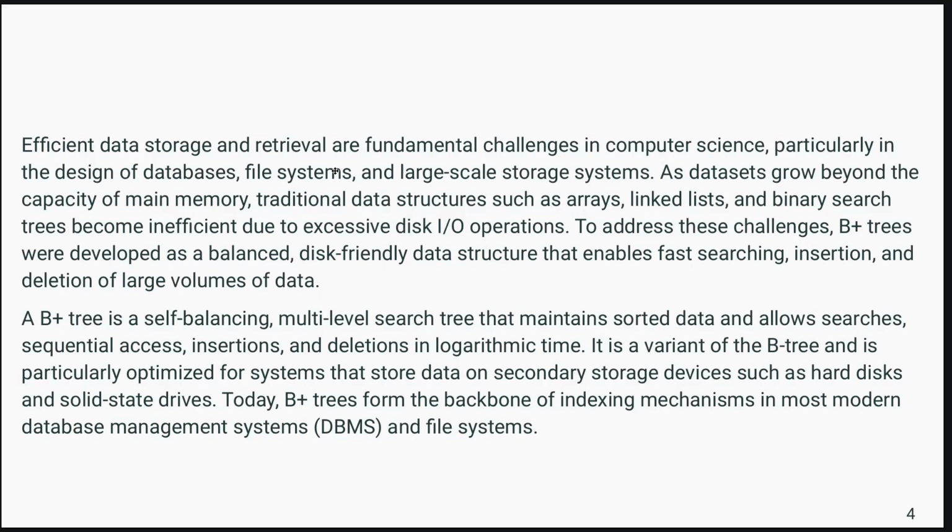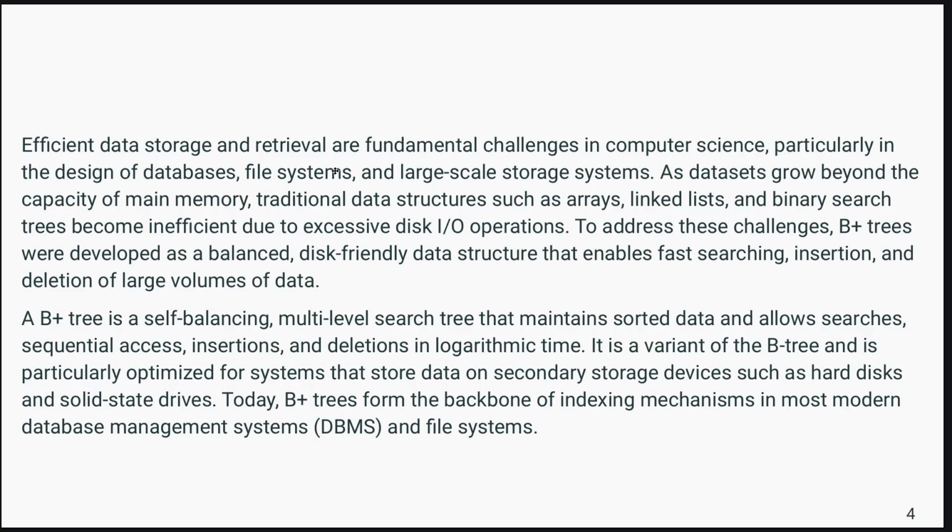Once your data does not fit in RAM, data structures like arrays, linked lists, and binary search trees become inefficient due to excessive disk operations. So to accommodate for these downsides of arrays, linked lists, and binary search trees,